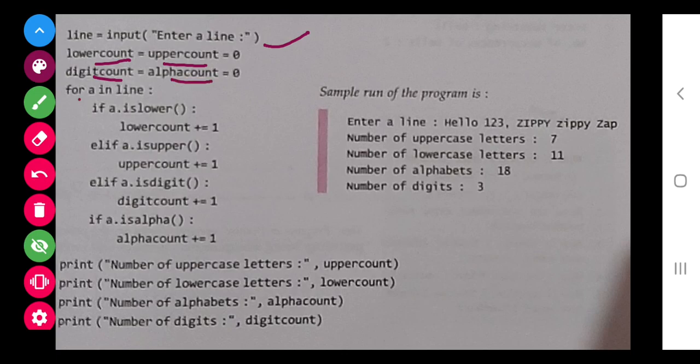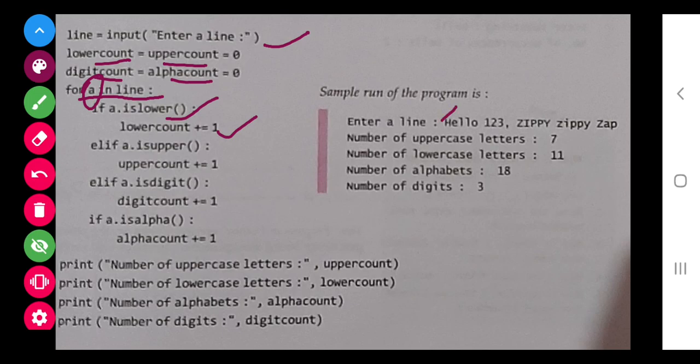Now in the line you will run a for loop. This variable will take one character from your line, so it will check whether it is lower or not. If it is lower, then lower count will increase by one.